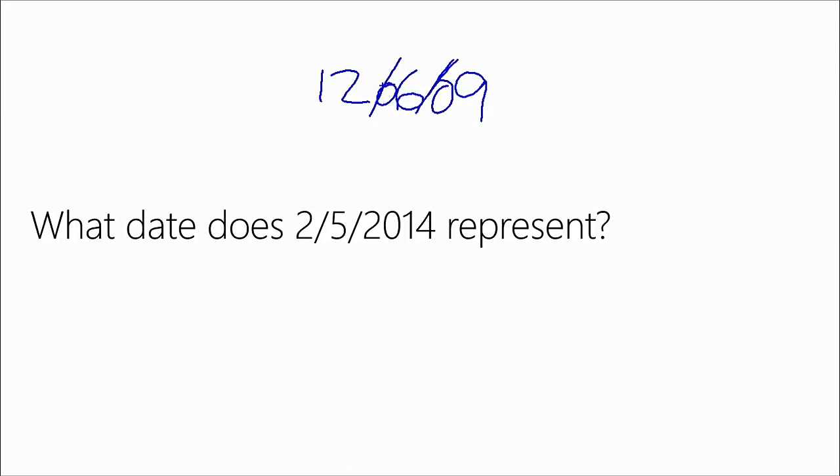So we have a vote here for 5th of February 2014. Okay, so we have 5th of February. What else do we have? That's the only vote in so far. We'll see if we get another one coming in. I can tell you, this is one of those interesting ones, though, because I went to a school where I was taught in French, and I was always taught it goes day, month,